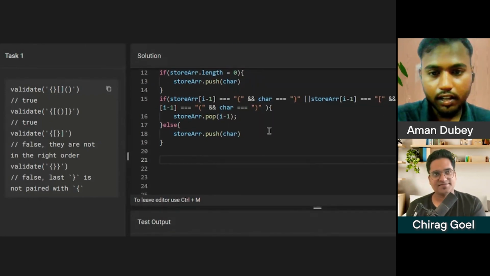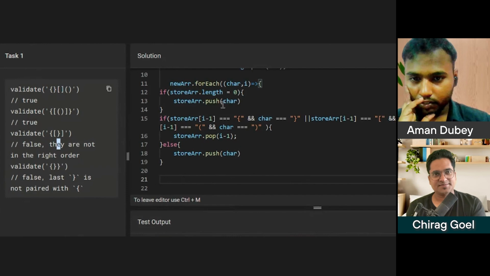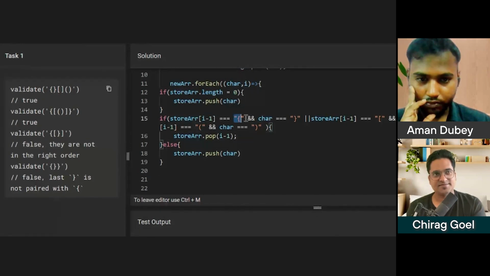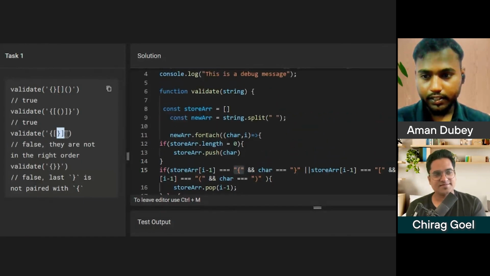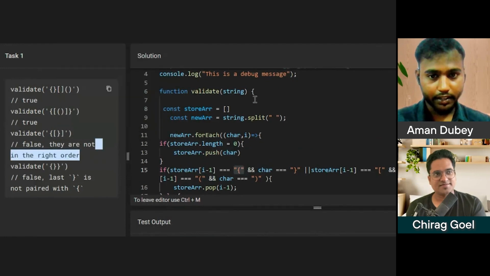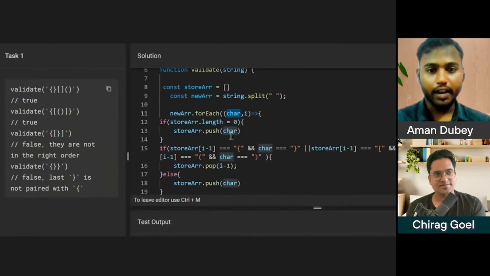Now what we have accomplished is we have stored this. Now for the second value, we are not matching any of these, so we are pushing it. Now the second is the closed curly bracket, so we get the character as the closed curly bracket.